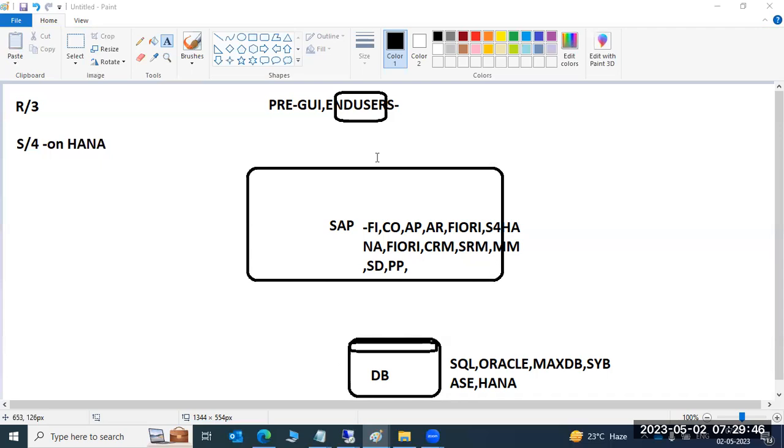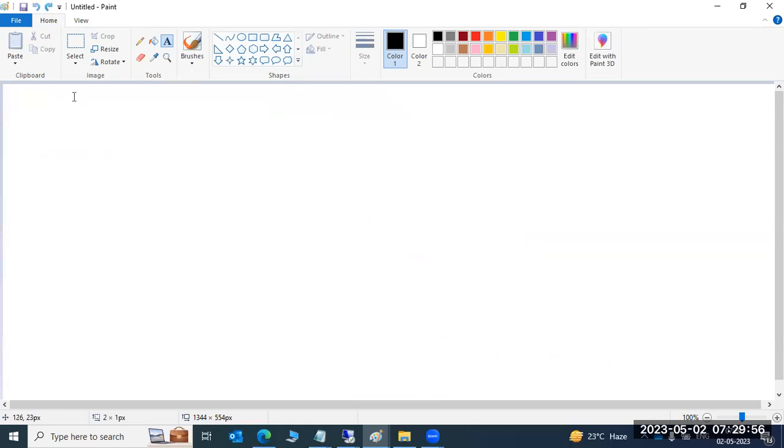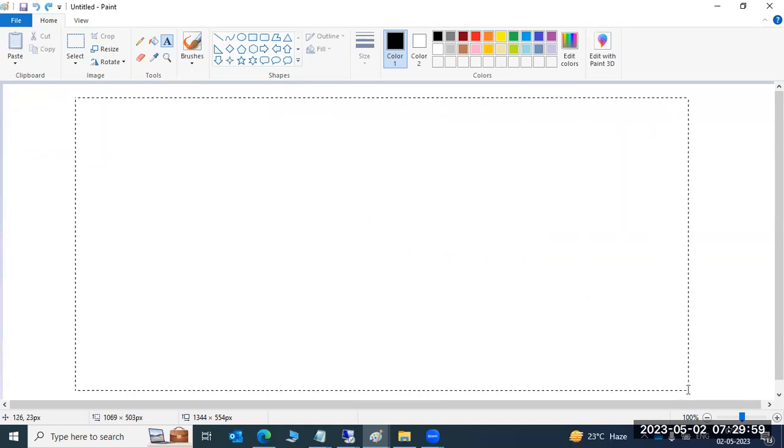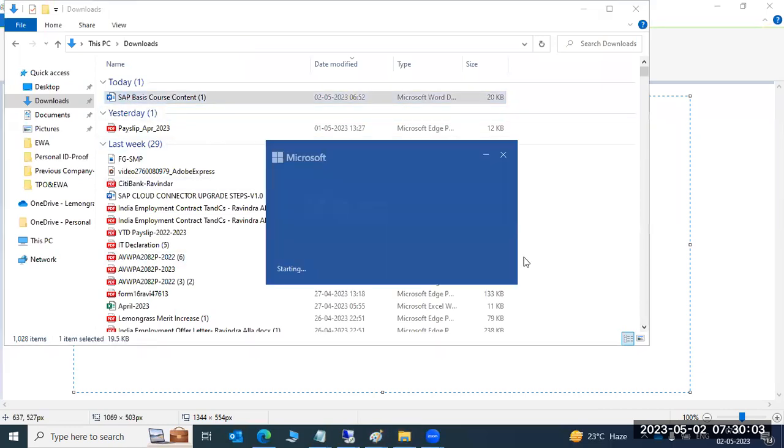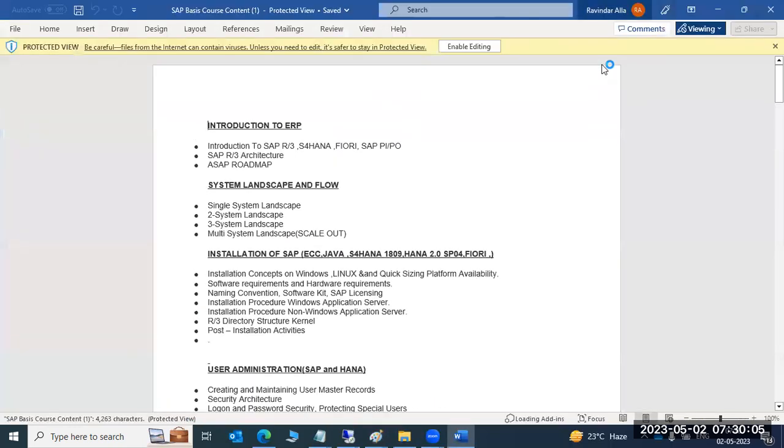But for this one, we have the applications and everything, right? So just leave out the architecture. Why? Because we will discuss all these things in a detailed way. So now, coming to our topics, what are we going to discuss? Let me share my course content, which we are going to discuss in the day-to-day activity.